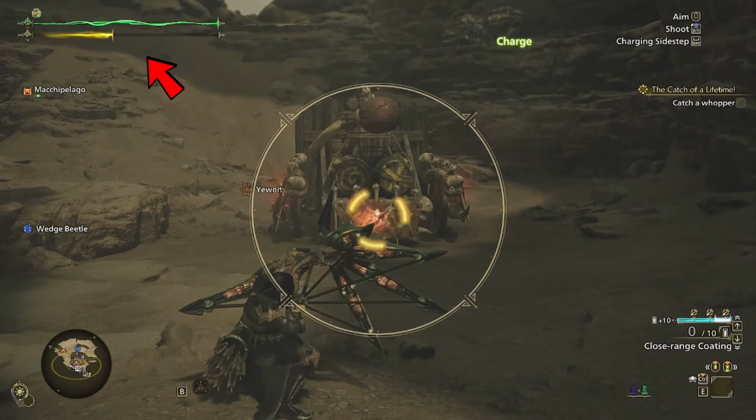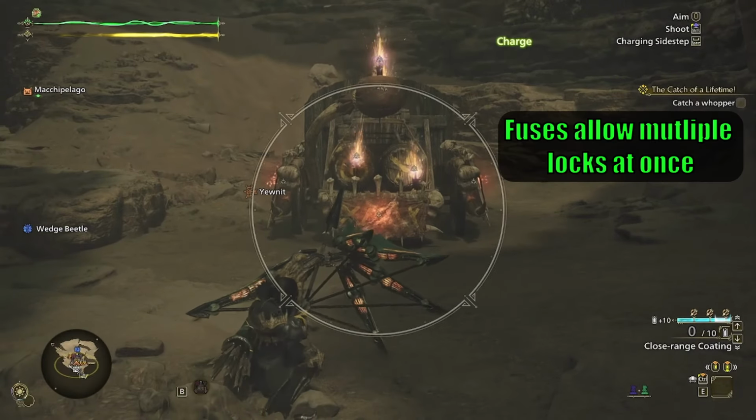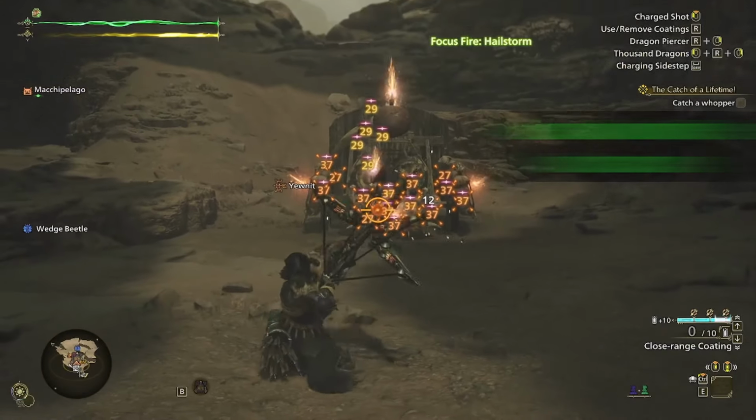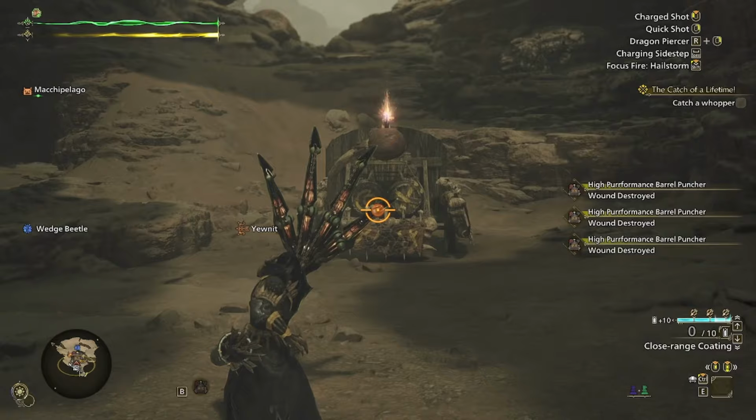An important note is that you'll regenerate stamina while locking onto targets. Also, if you have any fuses in the monster from an arc shot, you'll actually lock onto all available wounds and fuses at once instead of locking on one by one. With all the moves out of the way, I'll finally get into key ways to help manage your stamina as